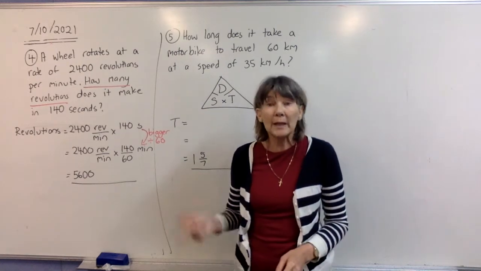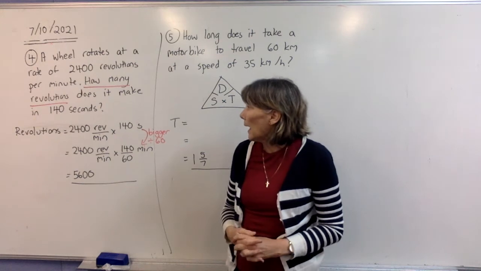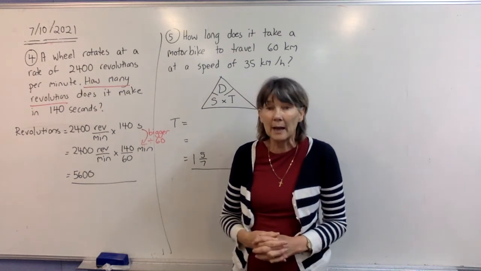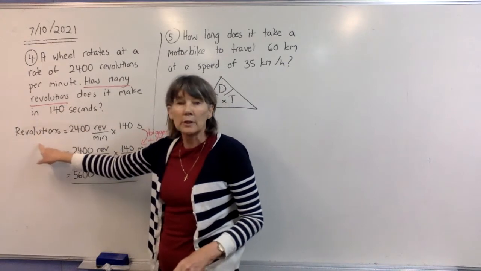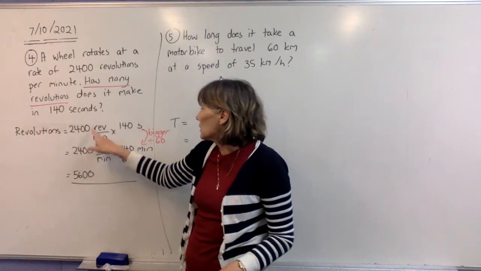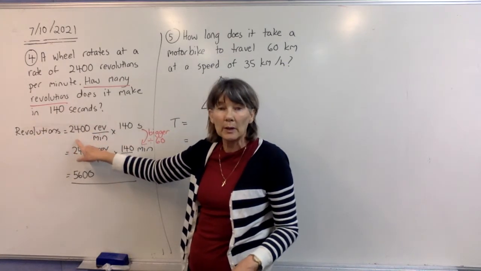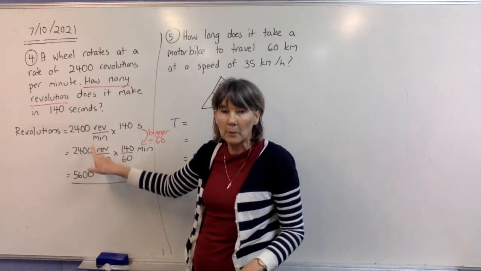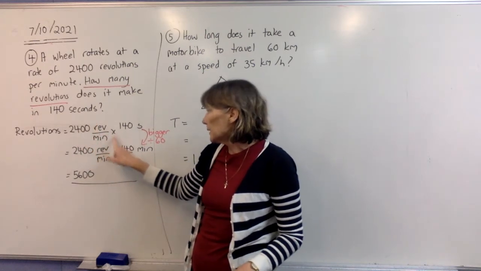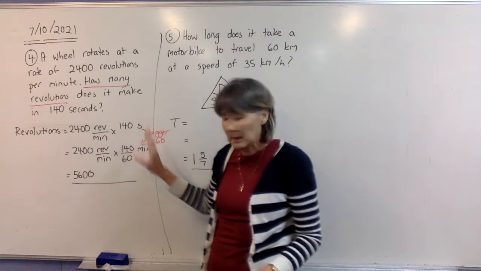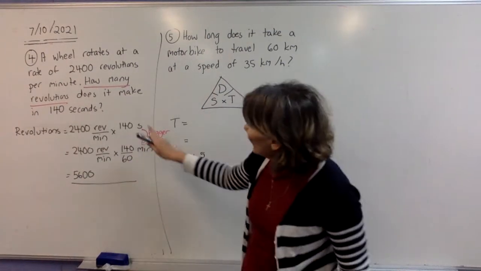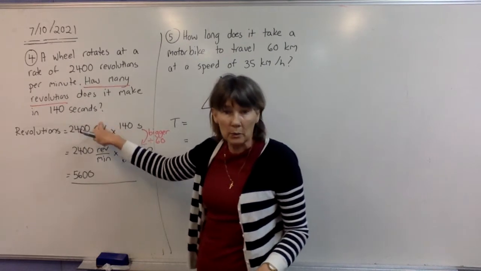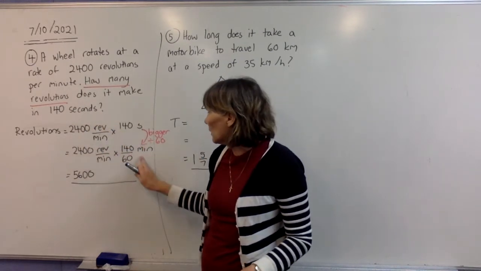Okay, so that's what a wheel is doing in this case. How many revolutions does it make in 140 seconds? So to find how many revolutions, we'll just write revolutions equals, the rate we have is 2,400 revolutions per minute. So we need to times by a time here, but the time should be in minutes. I'm writing it down as 140 seconds because that's what they've given me, but I am going to convert it